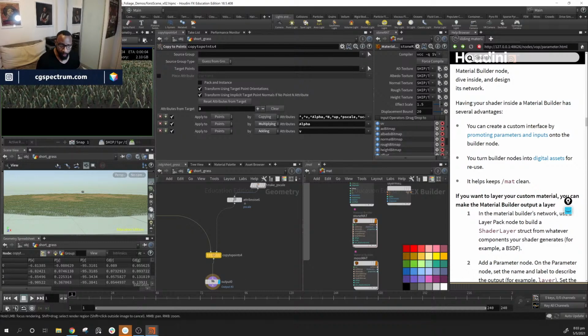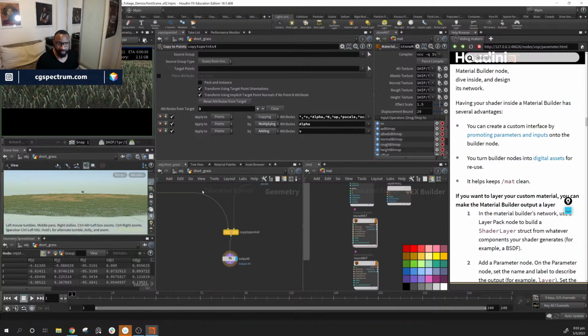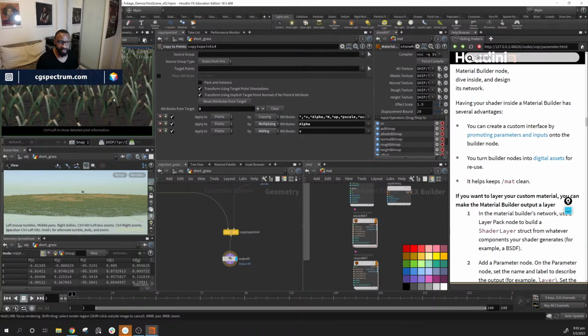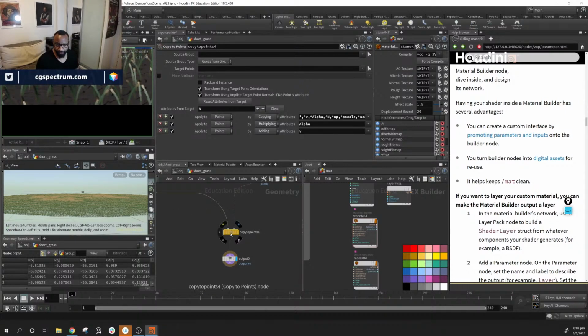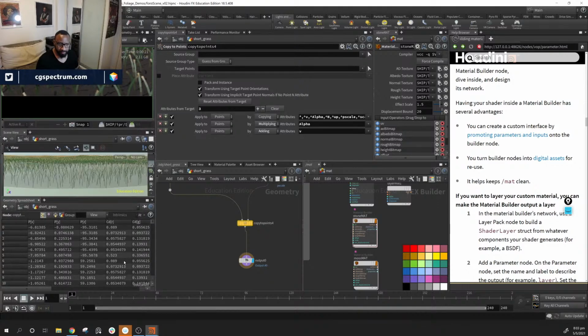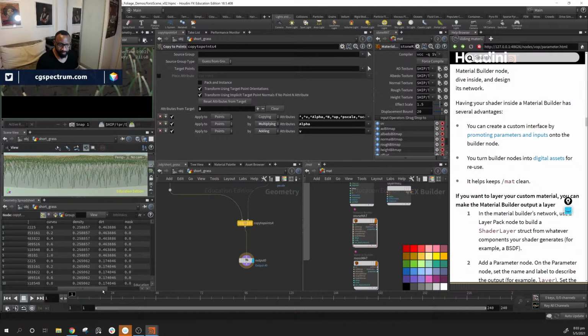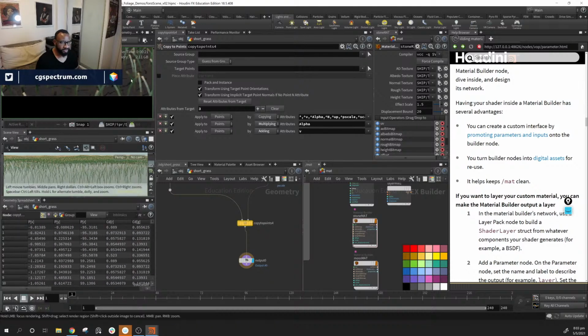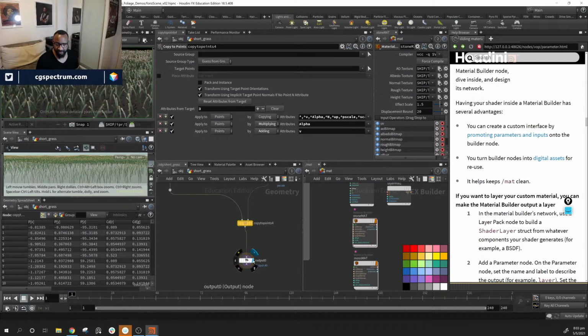So I will eventually pack all of these into their own individual points, but I want to do some editing of the width attribute, because right now, if I look at this, let's see, do I have a width attribute? No. It's just giving me a general width attribute. So I can control the width of each one of these little blades of grass by,